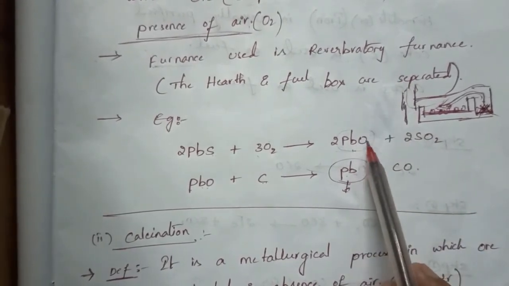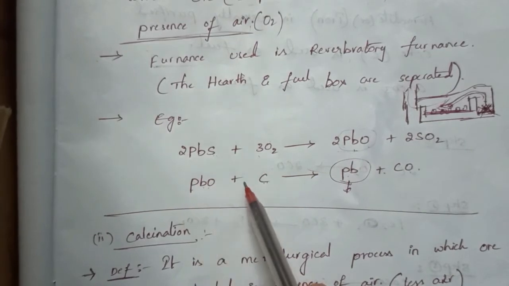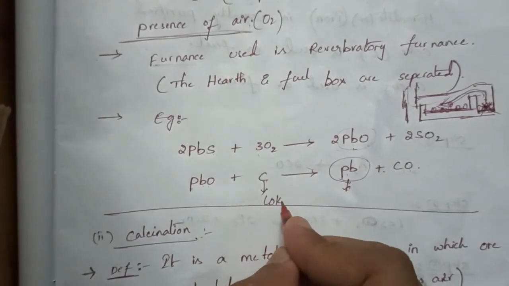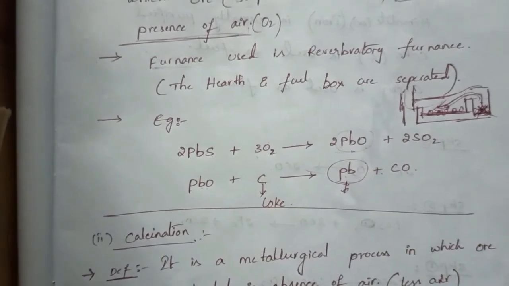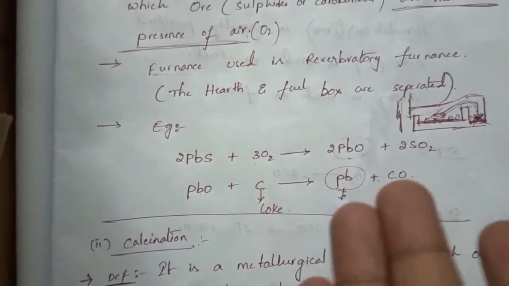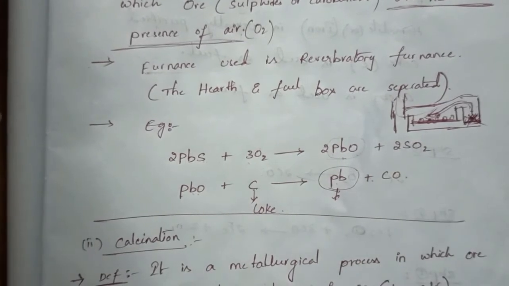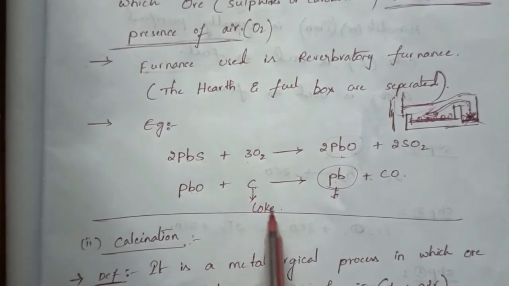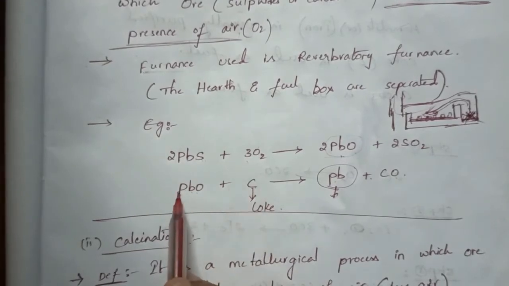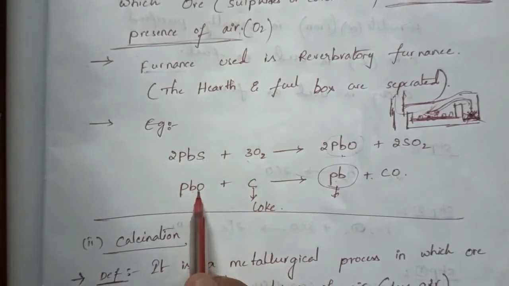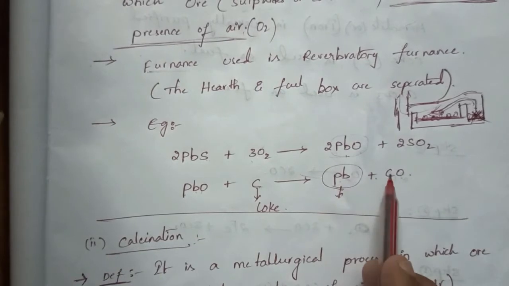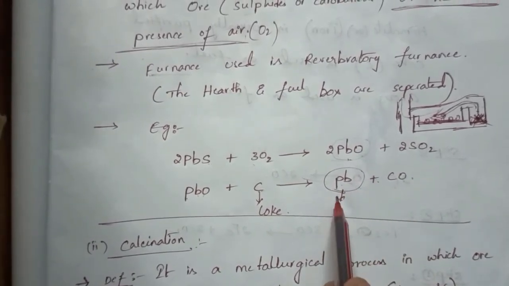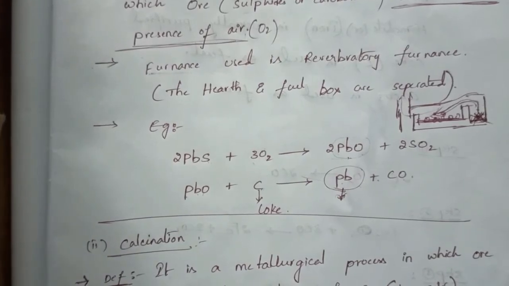Here the PbO goes into the next step, PbO plus carbon. Carbon here means coke. Coke in Hindi we can say koela, in Telugu we can say boggu, nalla boggu, like that. Coke is used for the burning process, right? When coke is reacted with PbO, it displaces O from Pb. So it becomes carbon monoxide and we get lead, Pb, as a pure substance, right?